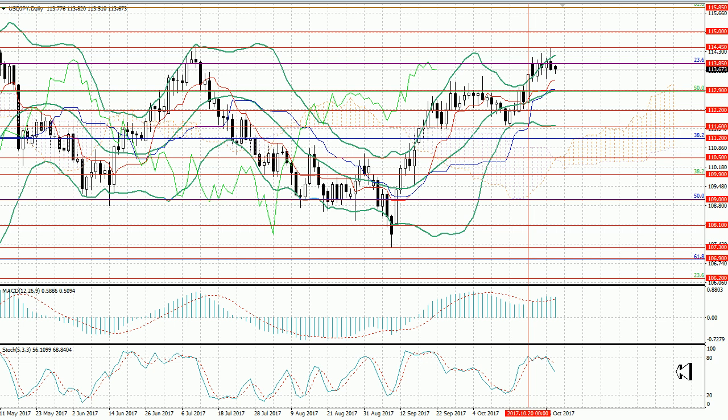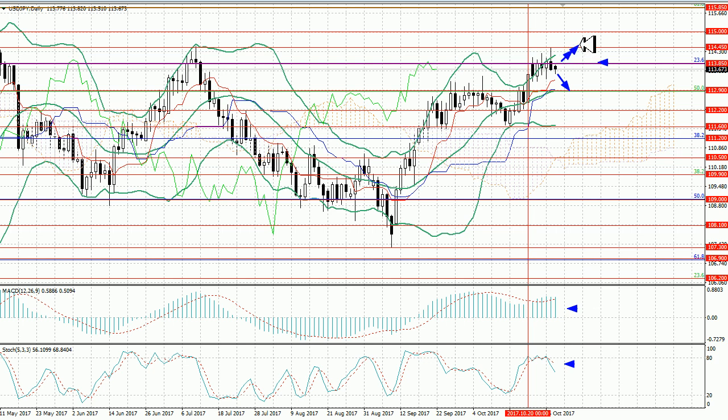The pair dollar to yen last week traded around the level of 113.85, meeting Fibonacci correction of 23.6%, but failed to consolidate above it. Currently, the pair is trying to be corrected to the middle line of Bollinger Bands at 112.90, which is confirmed by indicators. MACD histogram is stabilized in the positive zone, and Stochastic has reversed downwards. The consolidation of the price above the level of 113.85 may lead to growth to